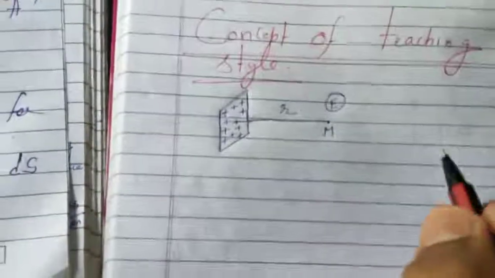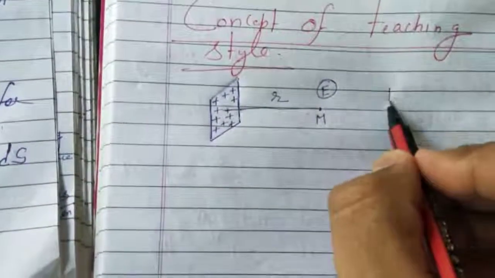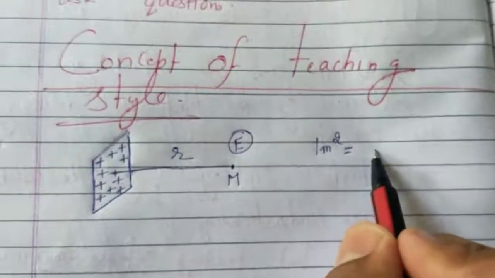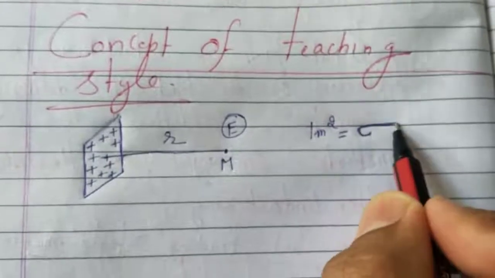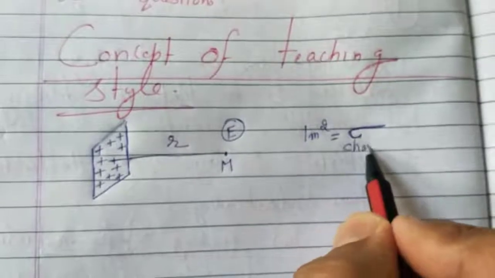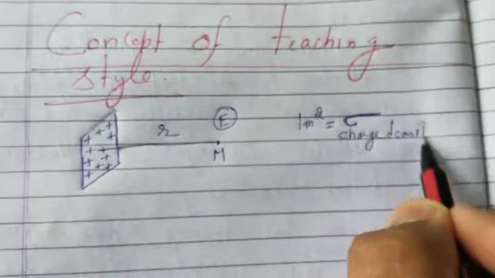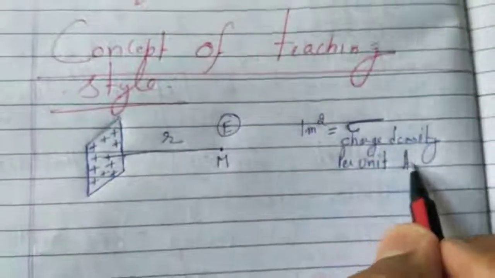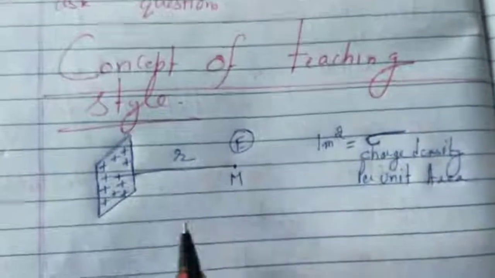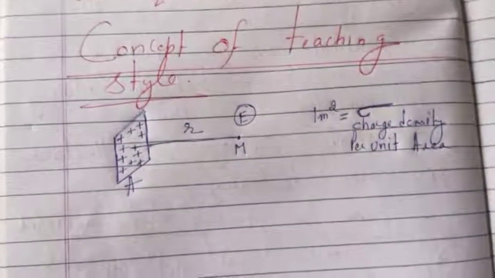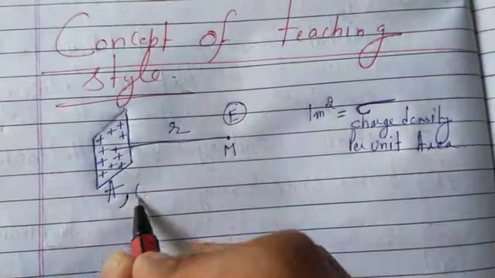First of all, you will consider an area of 1 meter square, means unit area, and suppose sigma charge is present on the unit area. So what is this sigma? It's the charge density per unit area. That means in unit area sigma charge is present. If the total area of this surface is A and the total charge held by this surface is Q,